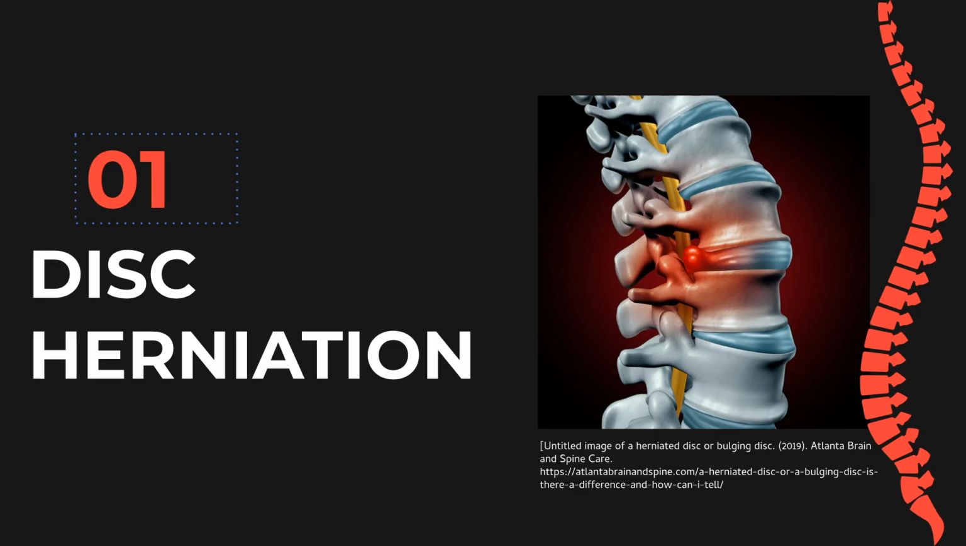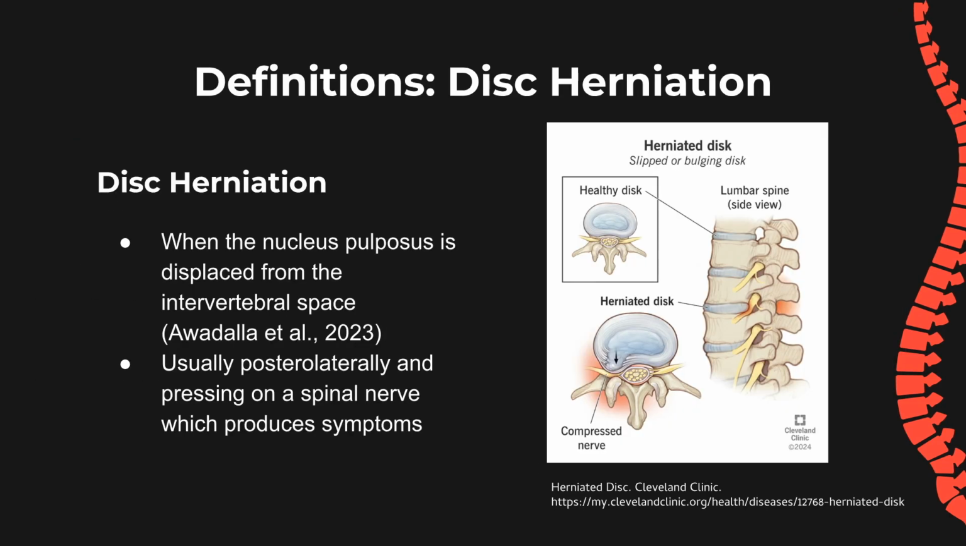First, we'll go over disc herniation. A disc herniation occurs when the nucleus pulposus is displaced from the intervertebral space. This usually occurs posterolaterally, and it ends up pressing on the spinal nerve, which then produces symptoms. The picture on the right is illustrating a herniated disc, also called a slipped or bulging disc, in the lumbar area. The picture displays the nucleus pulposus within the vertebral disc, displaced from the intervertebral space and compressing on the